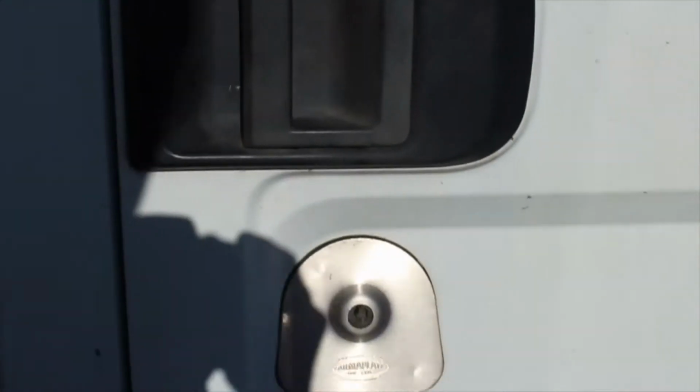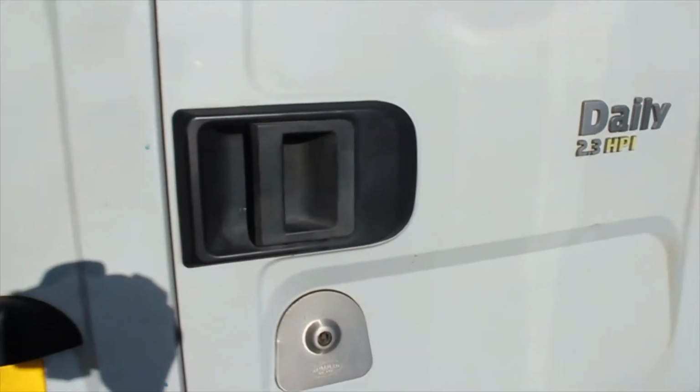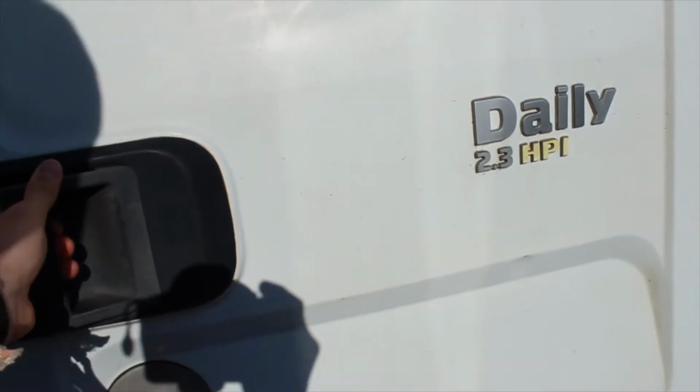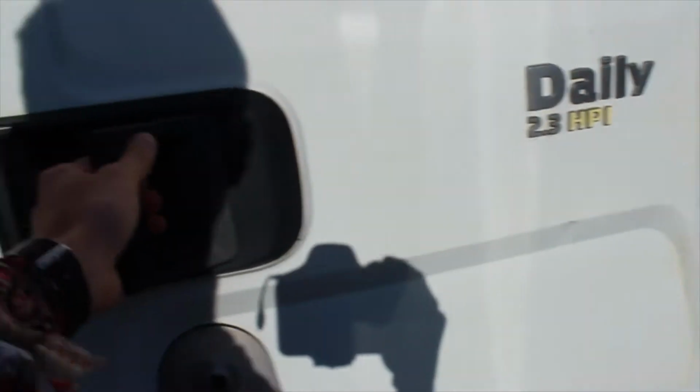I took a few photos. Yeah, sorry, I was zoomed in then. But I'm just going to show you what we did literally the last day before we went. In fact, it was the day we went. And